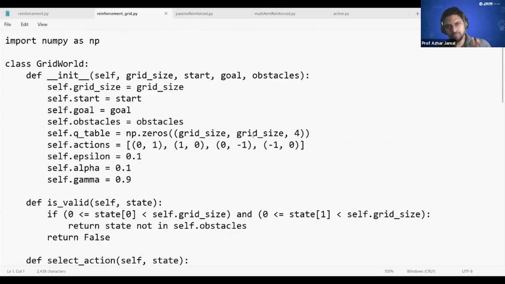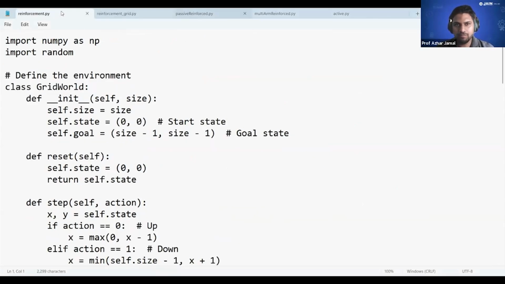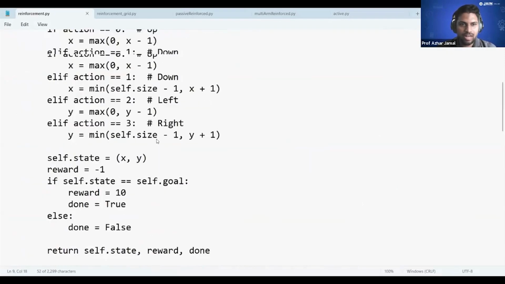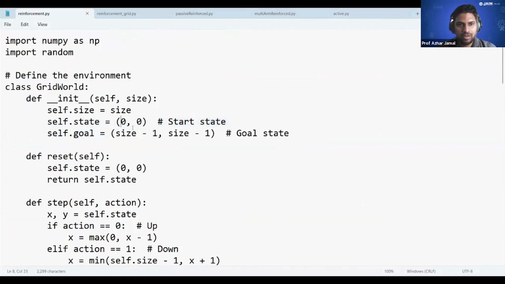Okay, so now we have reinforcement learning: passive, active, and multi-arm reinforcement learning. I have divided it in a simple way to showcase what the state is. State is the starting point. You remember a matrix; we used to have Q-learning where you had a matrix. The starting step will be 0, 0, and the ending will be the end goal. How the agent navigates is the same example, but here the agent is navigating through reinforcement learning.